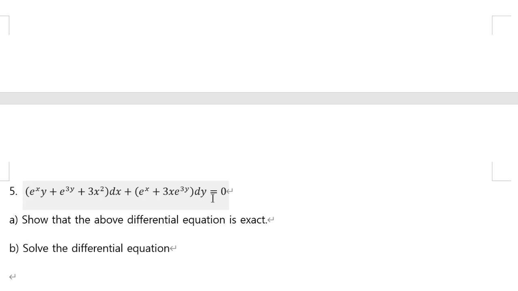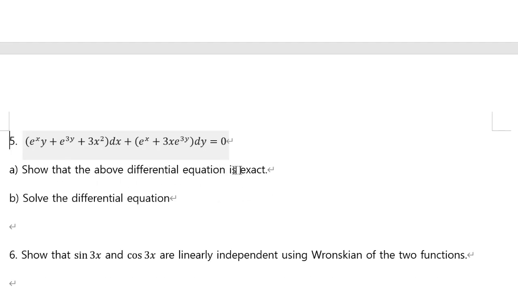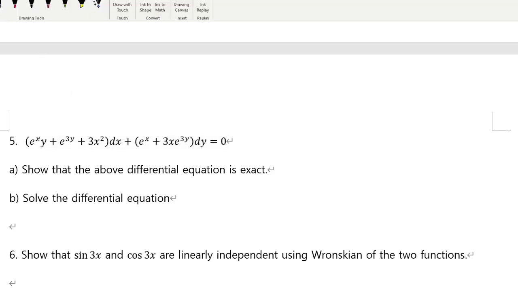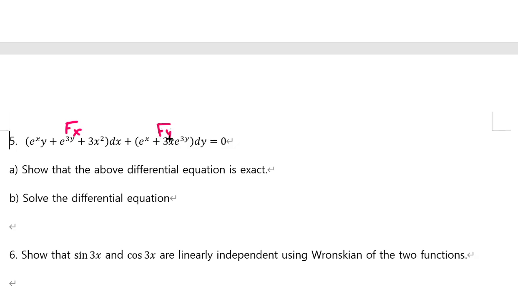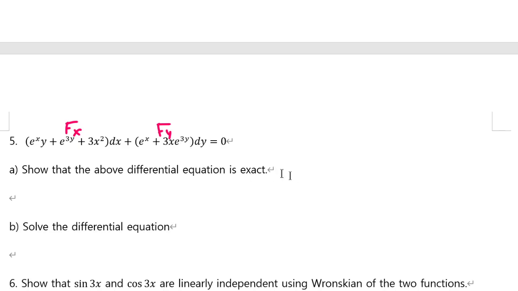Okay, number 5. Show that the above differential equation is exact. Well, when it comes to differential equations, you're really thinking of this part as f differentiated by x, and this as f differentiated by y, for some function of two variables x and y. And because f differentiated by x and then y is the same thing as f differentiated by y and then x, if there really was a single function responsible for generating both of these things, if you take the very first thing and differentiate by y,